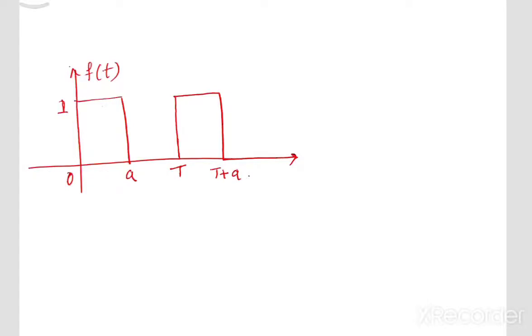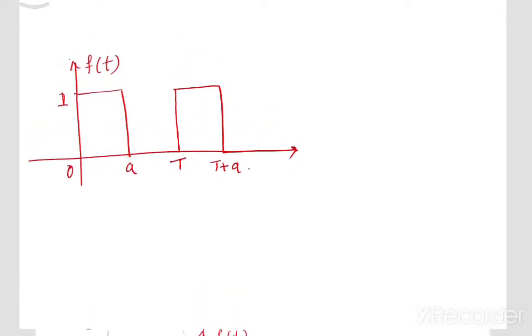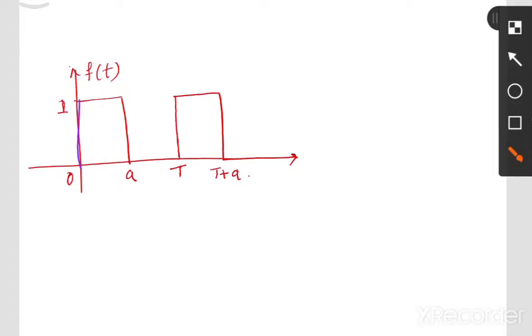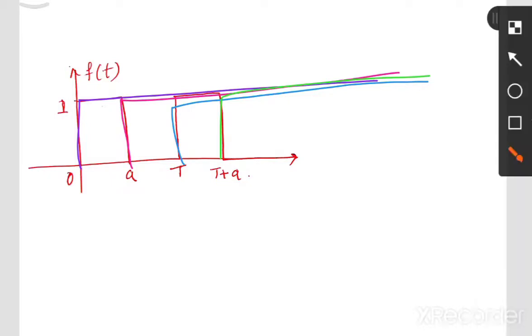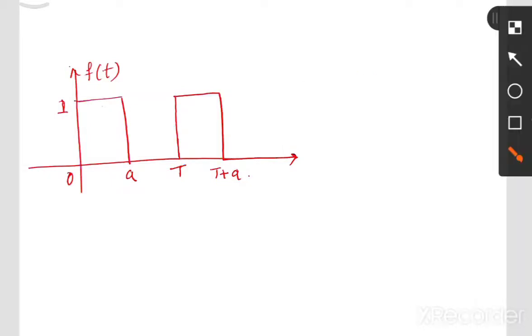So that time, r of t will be present like this with the slope 1. Okay, that is the unit ramp function, indicated as r of t. We have seen its definition: unit ramp function r of t equal to t, where t is greater than or equal to 0, and equal to 0 when t is less than 0. This time it will be 0. Okay, this is the unit ramp function.